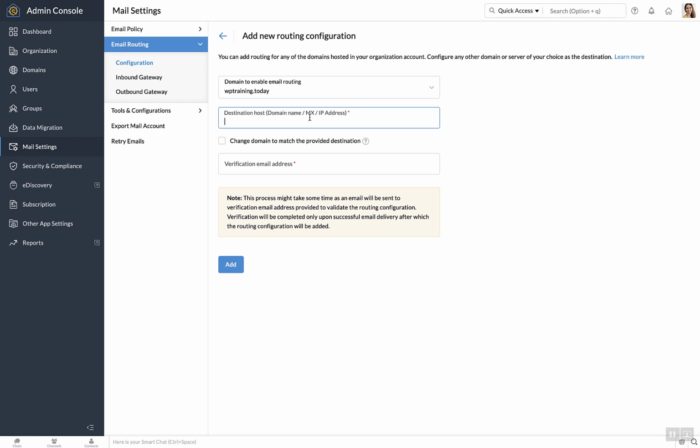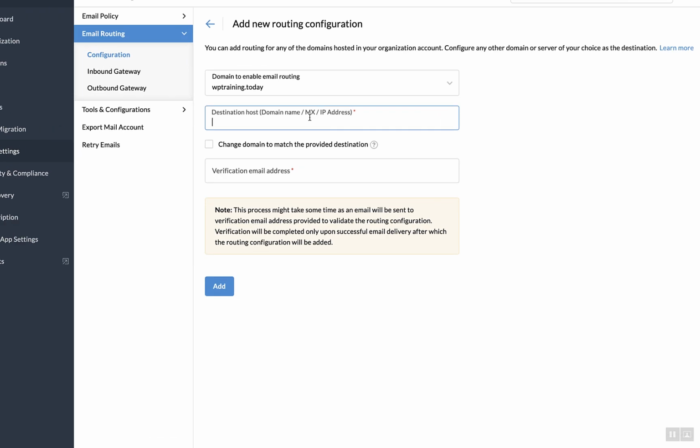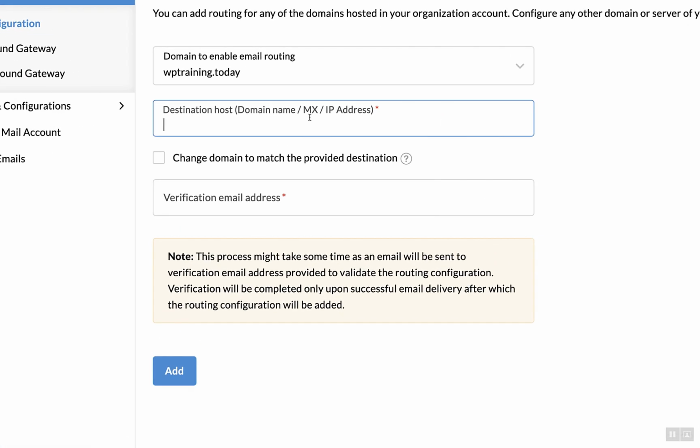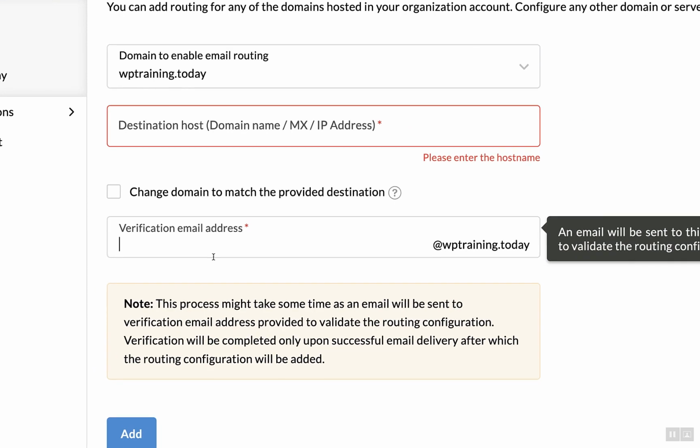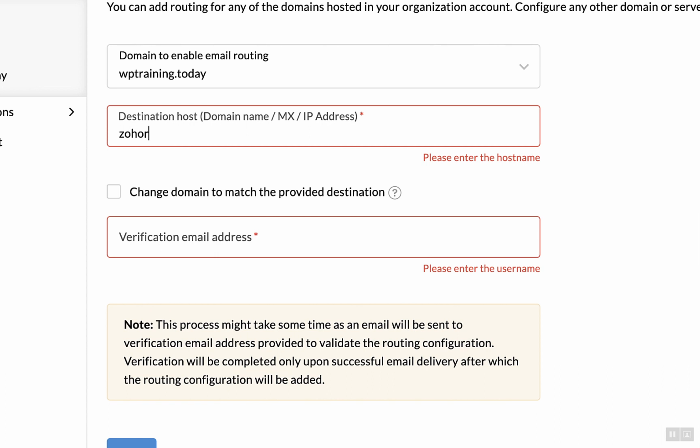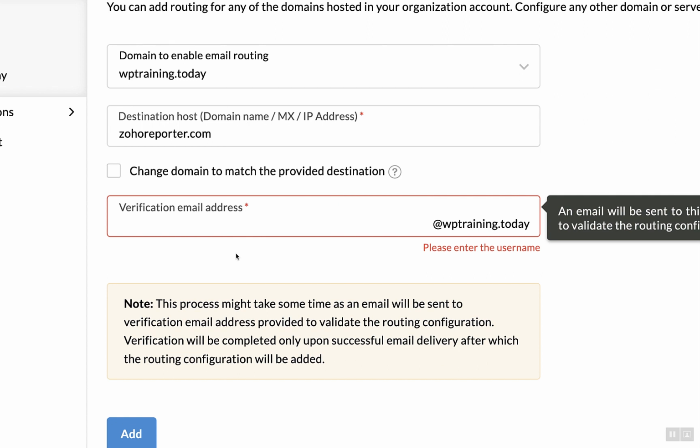If you provide a domain name in the destination host column, then the emails will be directed towards the MX address configured in the domain's DNS. And if you provide MX or IP address, we will directly deliver the respective emails to the respective servers. But before we can do that, we will also have to verify the deliverability of your provided destination. To do that, you will have to provide us a verification email address right here that is hosted under the provided destination. So let me just add my destination host